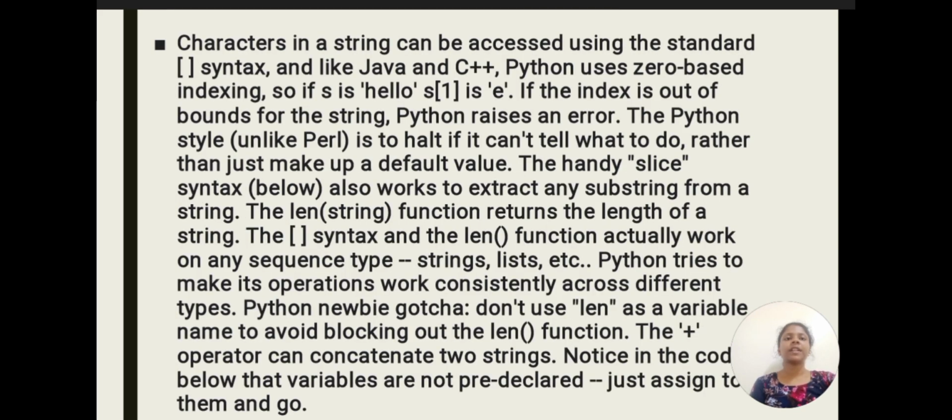Characters in a string can be accessed using the standard [ ] syntax. And like Java and C++, Python uses zero-based indexing. So if s is 'hello', s[1] is 'e'. If the index is out of bounds for the string, Python raises an error. The Python style is to halt if